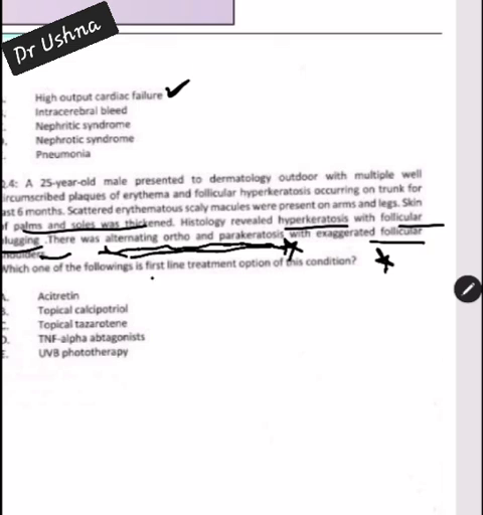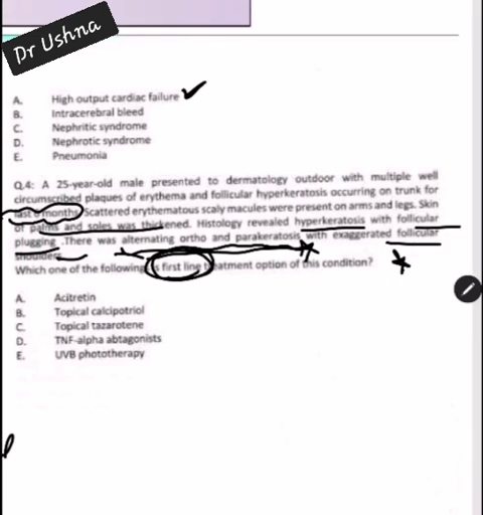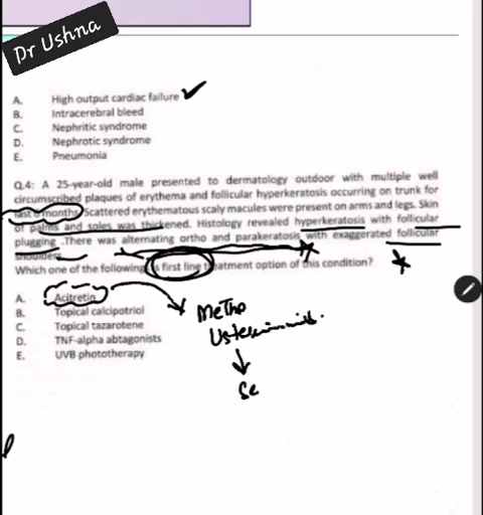Which of the following is the first line treatment? So this patient is presenting with 6 months of disease. Six months is a chronic disease and he has a very widespread disease. So he should be started on the first line therapy as the systemic agent. First line therapy in the systemic agent is your acitretin. If acitretin is already given, then what would be the next line option? Then next is methotrexate or ustekinumab. Then if he has no treatment response with ustekinumab, then it is going to be secukinumab, which is basically your interleukin 17 inhibitor.